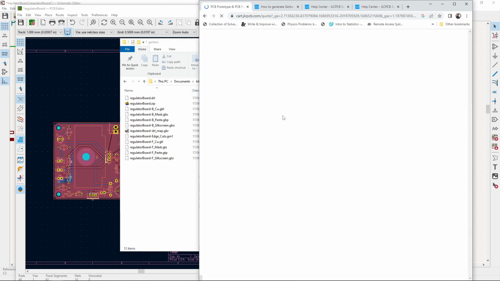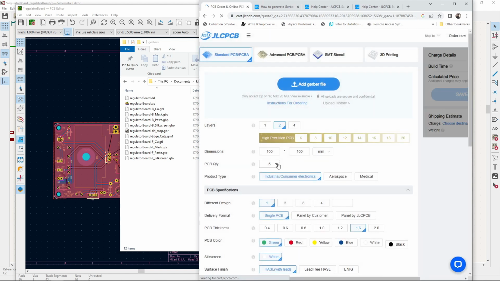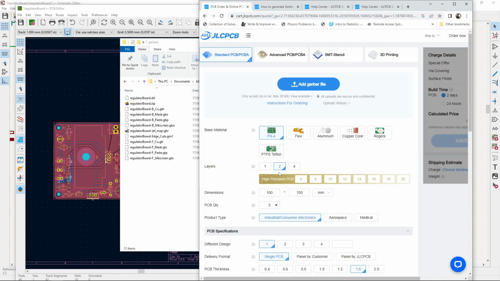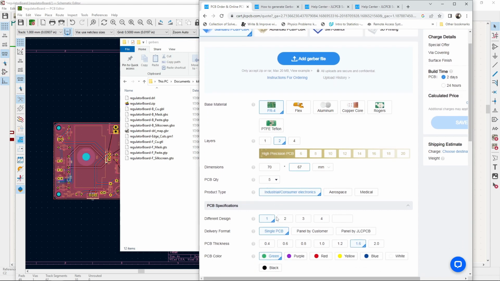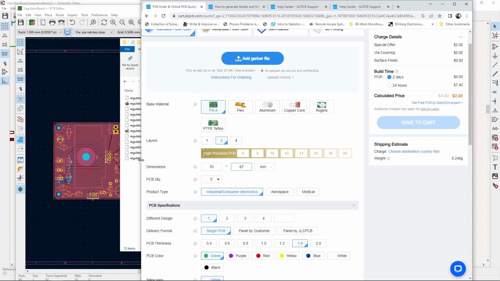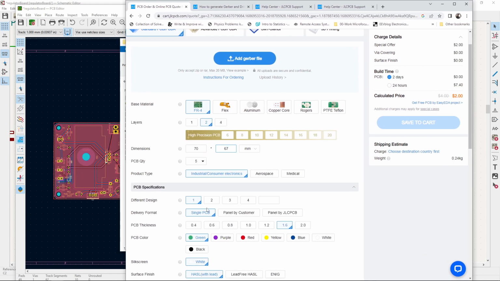Okay, so you order now. So it is 70 by 97. No, 67. Quantity 5. Yeah. What does it change the cost? Let's have a look. Calculated price